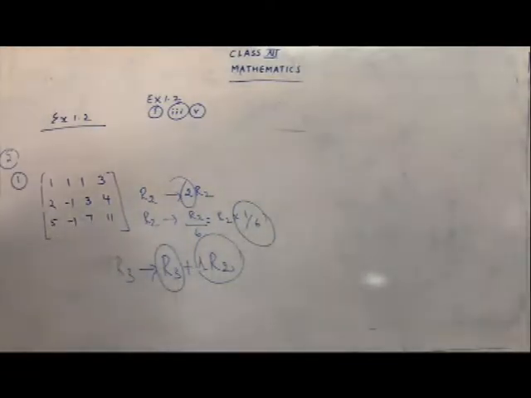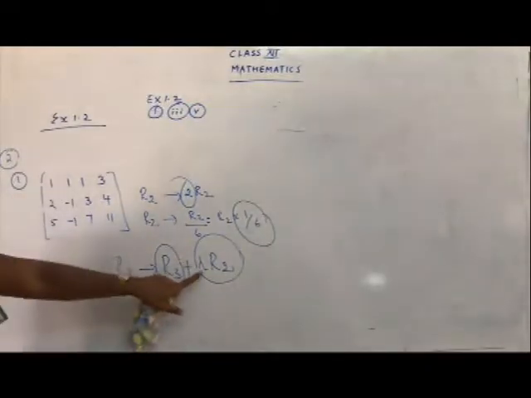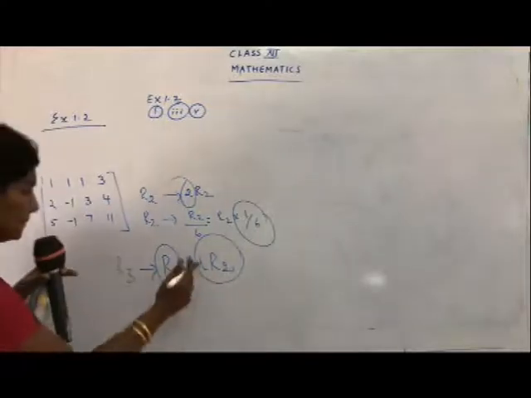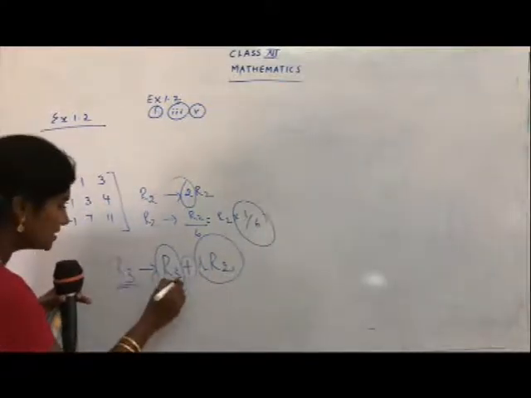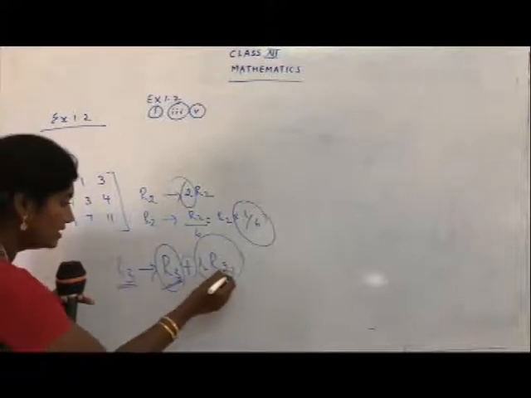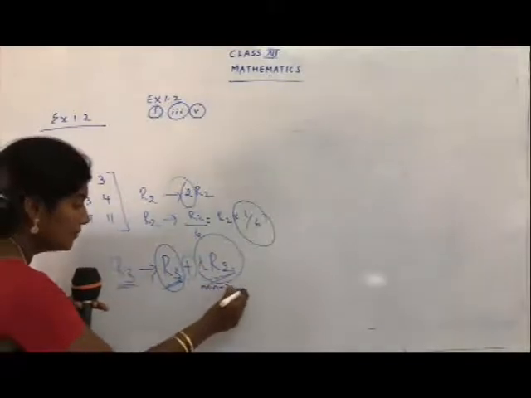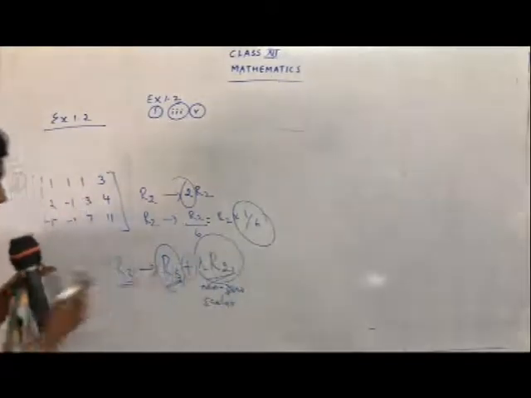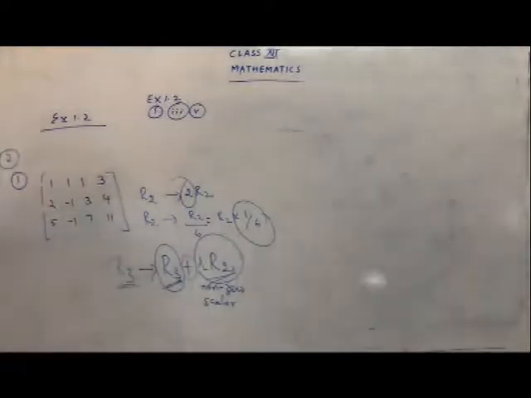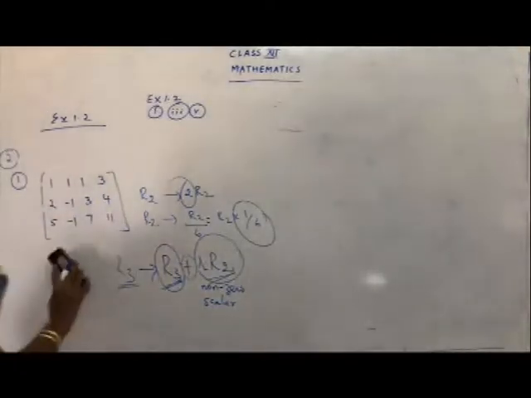And the third point was replacing a row or column of the matrix by the sum of the row or column with a non-zero scalar multiple of another row. It's like this: sum and scalar multiple of another row. So you have to take the sum of the same row, like R3, with a non-zero scalar multiple of another row. Clear? Are the 3 points clear to you? Okay, so now let's proceed with the sum.